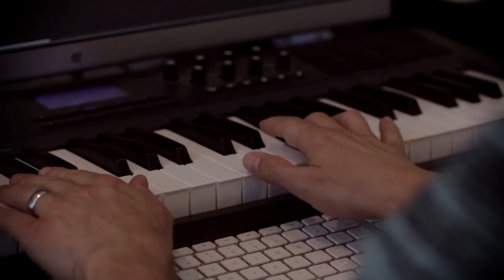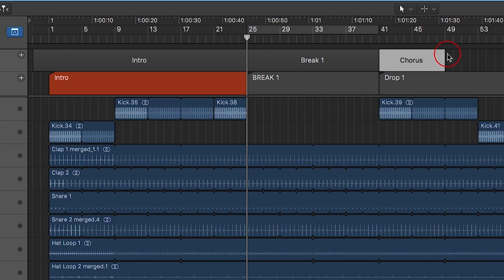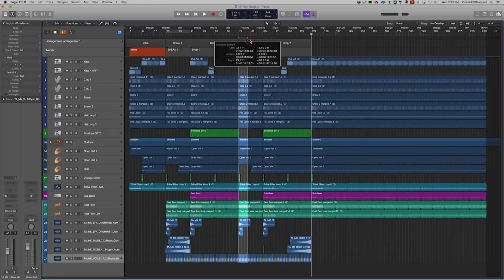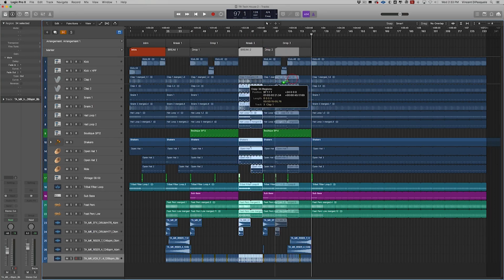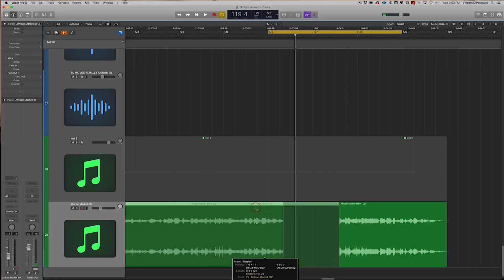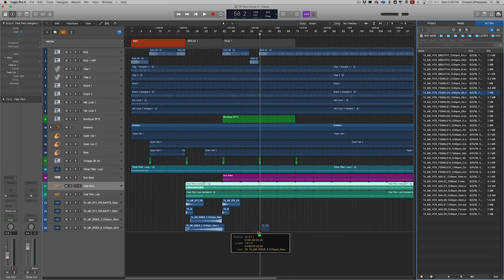We are going to take what we did in phase 1 and now expand it into a fully developed arrangement. We're going to take this complete groove that we've created and expand it out, and talk about the different sections that make up a complete song. And we're going to look at how we can build that within Logic and use a lot of the Logic tools that are presented for us to expand that out.